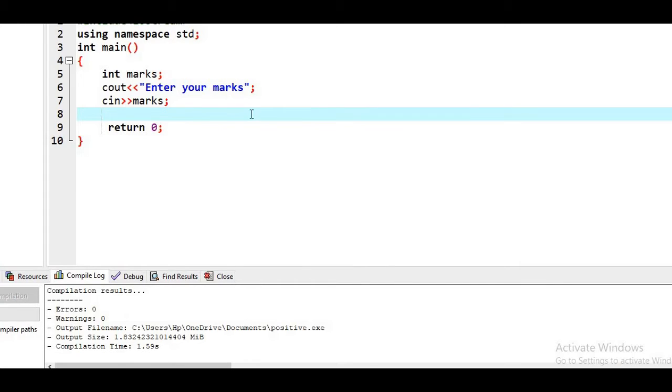So suppose here I'm asking marks from the user, and suppose passing marks are 40.